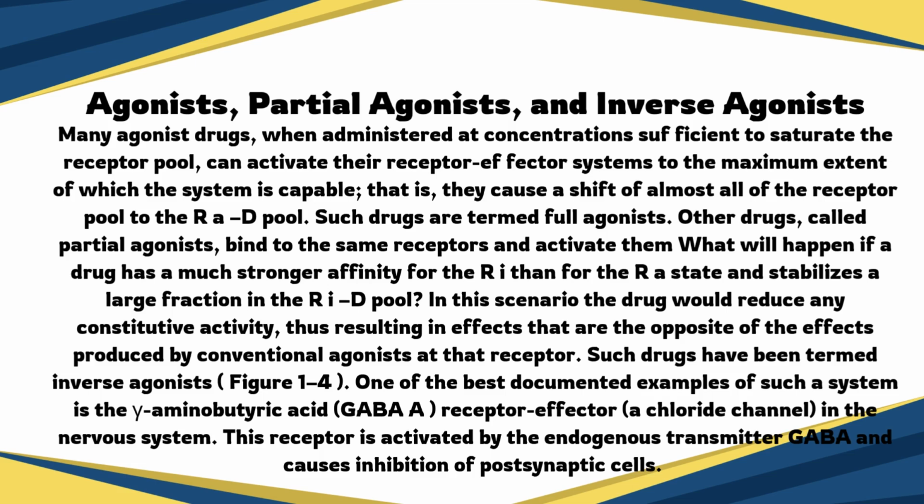One of the best documented examples of such a system is the gamma-aminobutyric acid GABA-A receptor effector, a chloride channel in the nervous system. This receptor is activated by the endogenous transmitter GABA and causes inhibition of